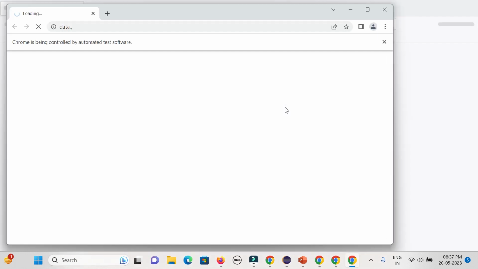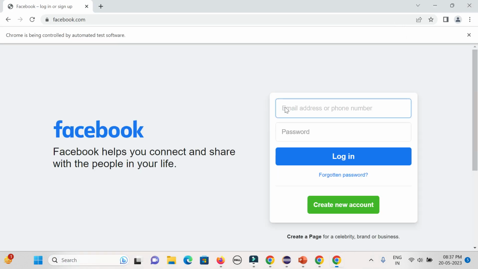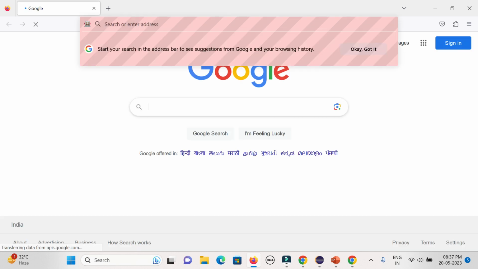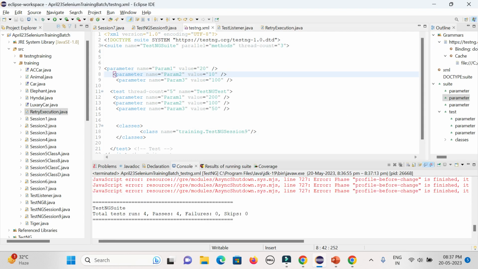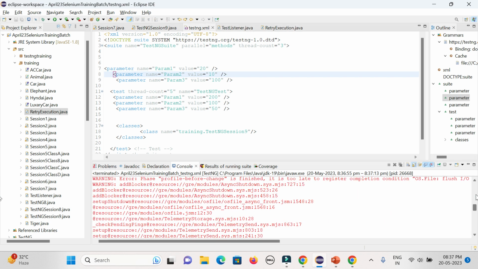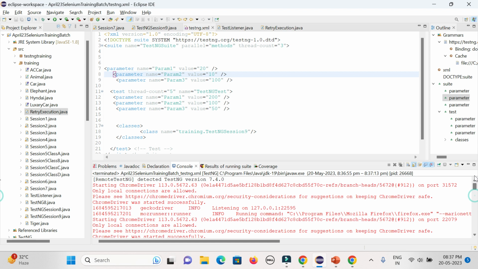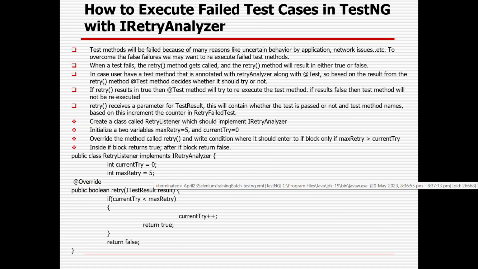You could see all the browsers opening simultaneously without waiting for the other. Sometimes you will not be able to see the execution because it will be too fast, and immediately after that it is opening the other thread. You could see how fast it got executed. So concurrent execution is the concept of multi-threading. That is the way you can definitely save your time, and you can do the parallel execution, where you